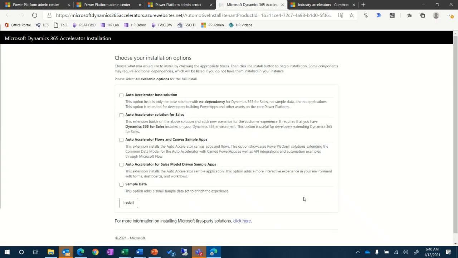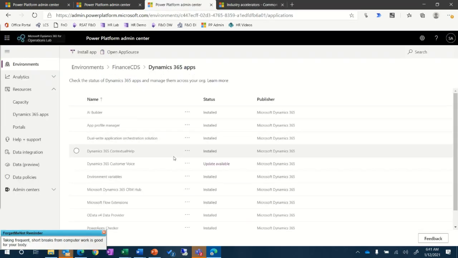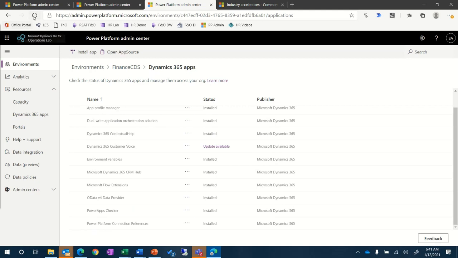This will bring you to a new page where you'll choose which options you want to install. In this example, I'm just going to select some of the options, but not all of the options. You can always come back later and install the other components. The Automotive Accelerator has components that work on top of Dynamics 365 Sales, but you have to have Dynamics 365 Sales installed first, otherwise the installation of those components would fail. If you later decide you want to add sales and add those in, you just repeat the process and mark those checkboxes next time.